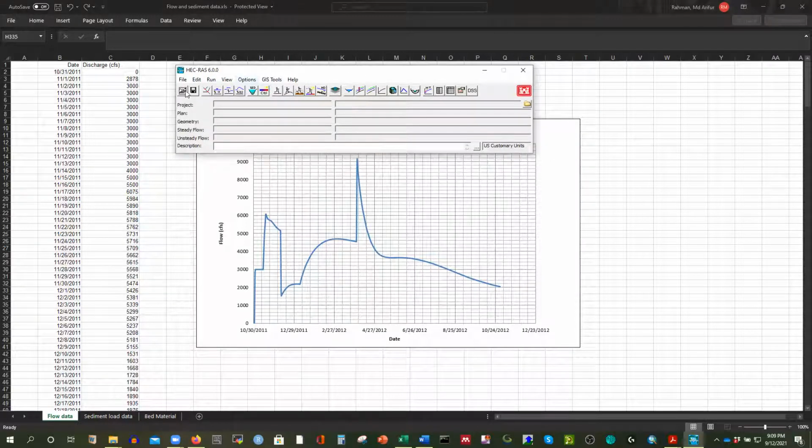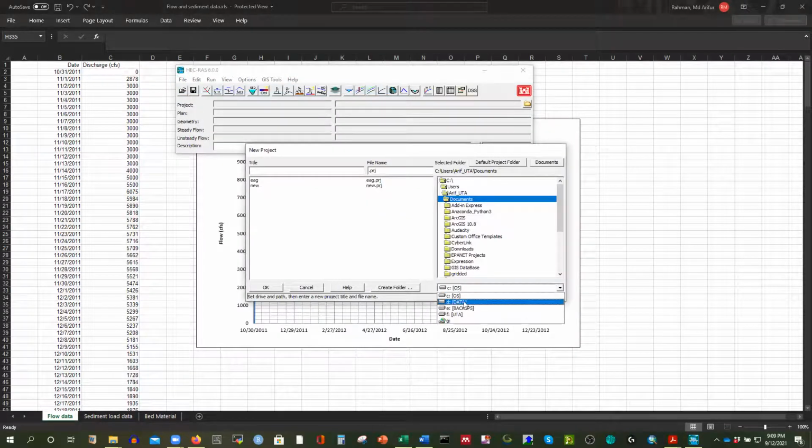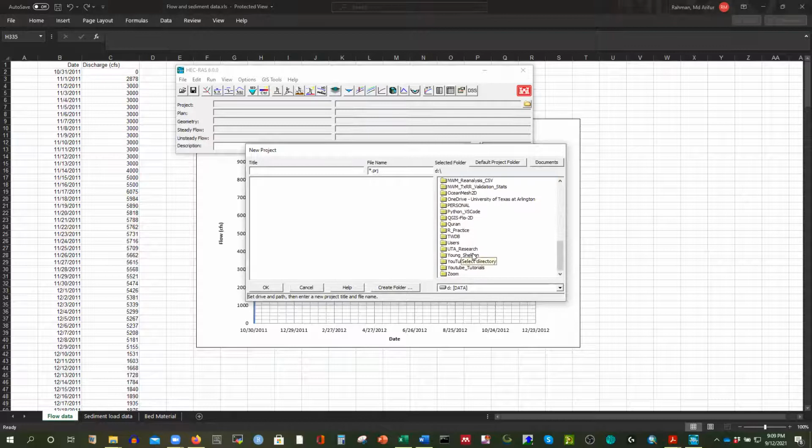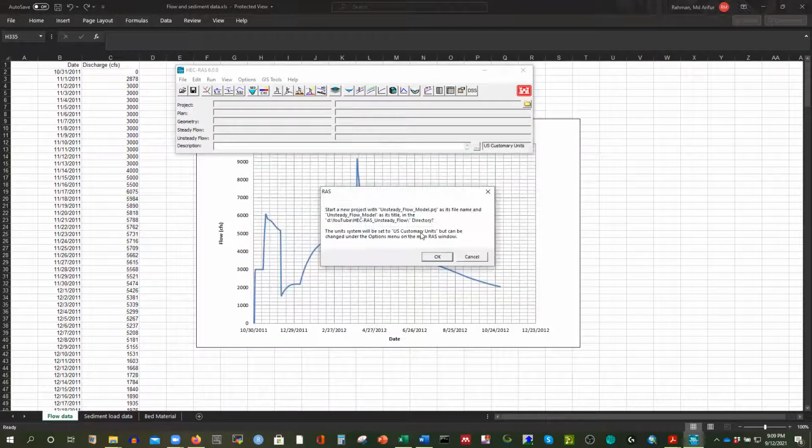So what I'm going to do is create a new project at the very beginning, and I have to find where to save it. I'm going to save everything where I have that geometry file. It should be within this HEC-RAS unsteady flow folder, and I'm going to give the name as unsteady flow model. So that is the name of my project, and if I click OK, it is going to ask